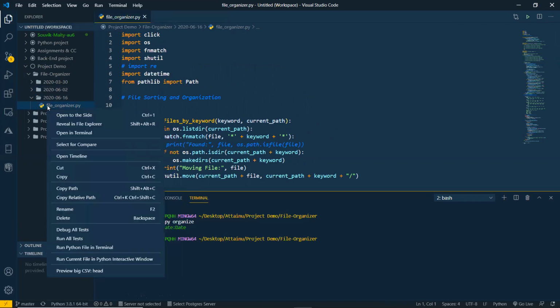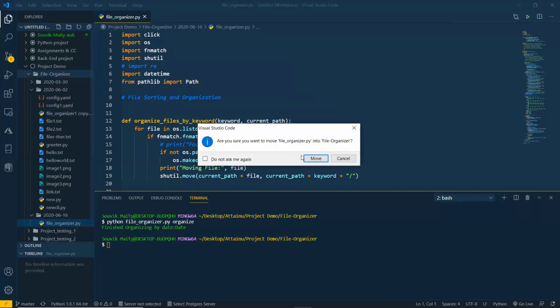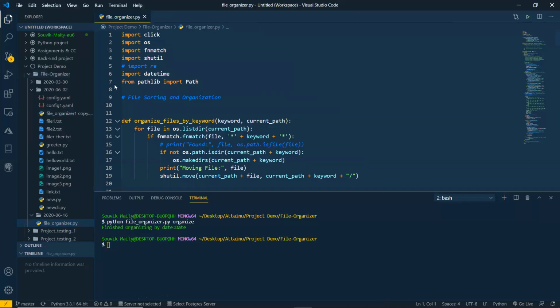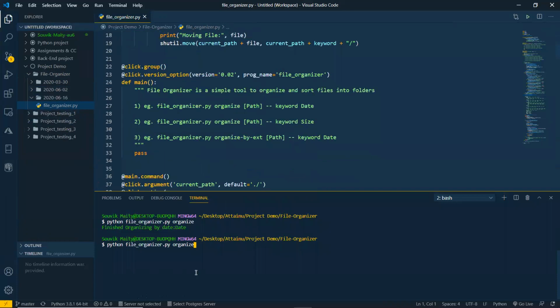Actually, if I move this file into the main folder, okay, now it's fine. Now if I give the desired directory, look, I will give this project testing one, and it will organize all the files in that directory according to the given option.